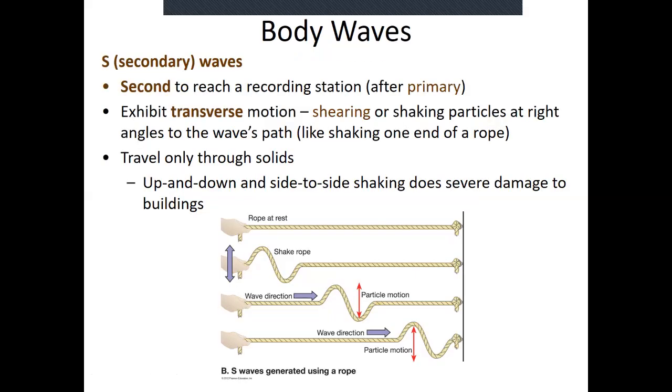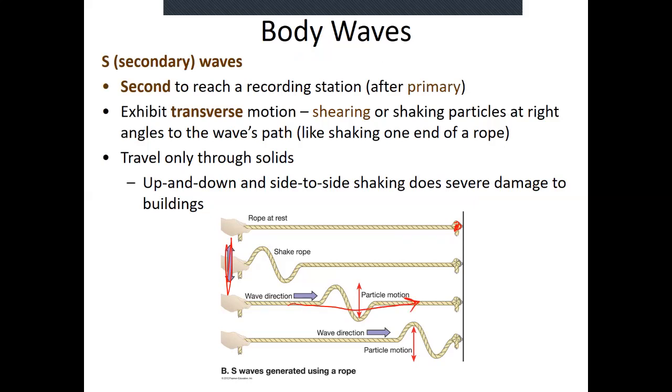The other type of body wave is an S wave. S for secondary, because it's the second wave to reach any location after an earthquake. Now they are transverse waves, which means they don't move as a push-pull, but they move as a shearing or shaking of the particles at perpendicular angles to the direction the wave is traveling, like shaking the end of a rope. If you have a rope attached to one end, and you give the rope a good up and down shake, you get this pulse in the rope